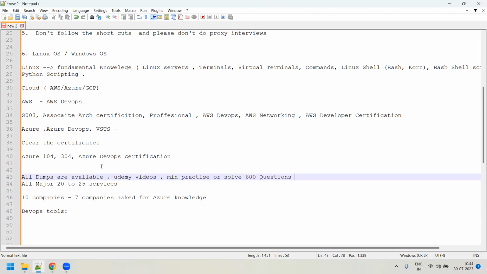When you're solving so many questions, you will get a complete picture of how to crack the certification. And trust me, sir, if you solve so many questions and then attend the certification, it will become damn easy for you to clear it. Please make sure that you clear it in the first shot itself. Don't give a second chance, because if you don't clear it, you need to pay the money again, and that will be too expensive for you.